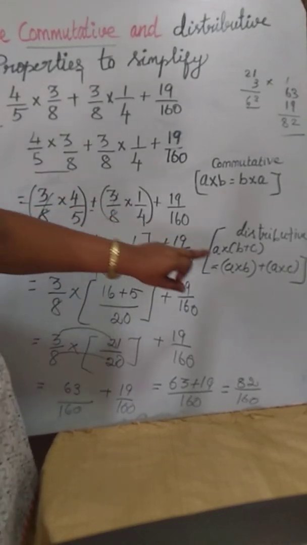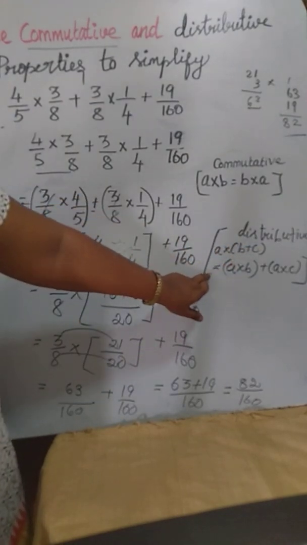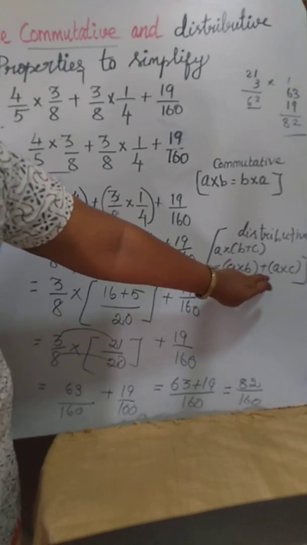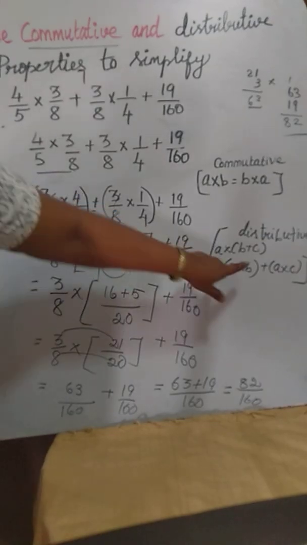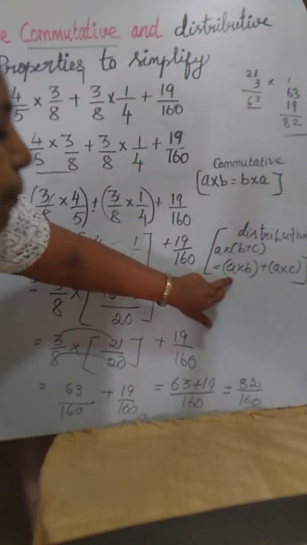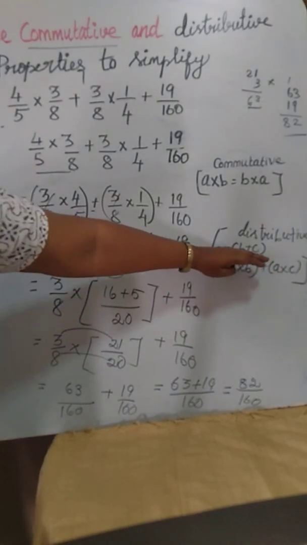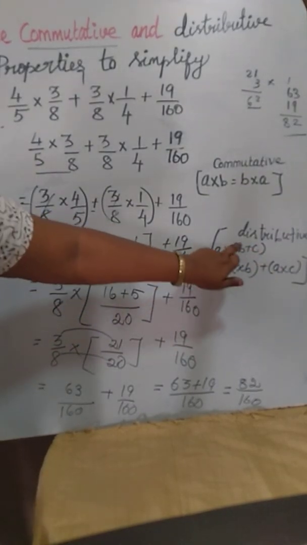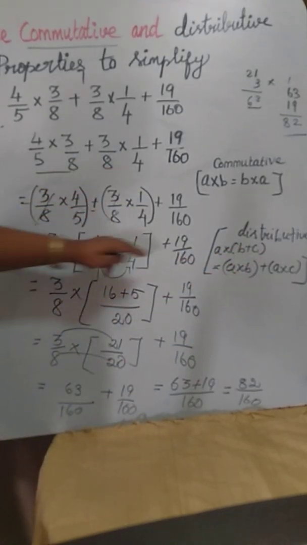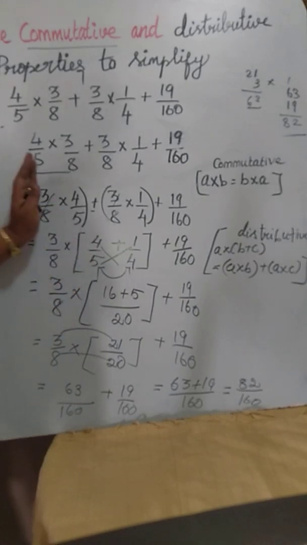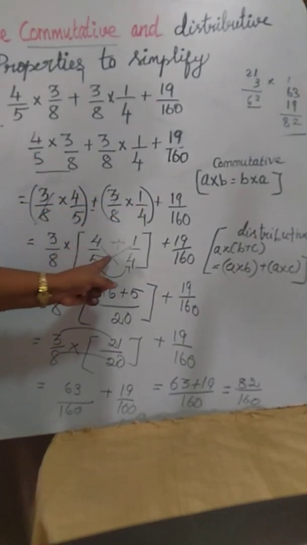So what does the distributive property mean? A into bracket of B plus C is equal to A into B plus A into C. This one looks like A into B. This one looks like A into C. So reversely we have to apply. The answer is given. I apply it in the question because this one and this one are equal. So for this I have to apply A into B plus C. So this one A, this one B, this one C. So A into B plus C.